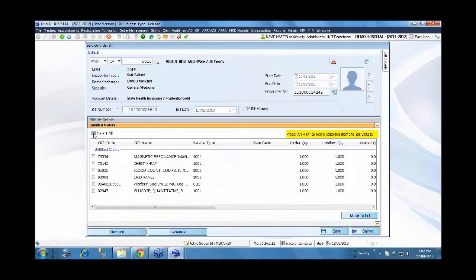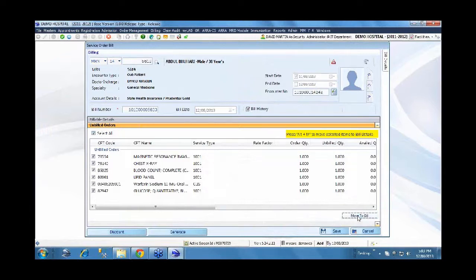There is an MRI, chest X-ray, blood count, lipid panel, a medication, and a glucose test, all ordered by the physician. For each of these there is a charge code which is triggered. The charge code can follow standards like CPT, or ICD-10 for procedures, whatever charge code standard the hospital wants to follow, or they can define custom charge codes also. There is no restriction. If it's a standard, it will be preloaded into the system. If it's custom, they can define it.